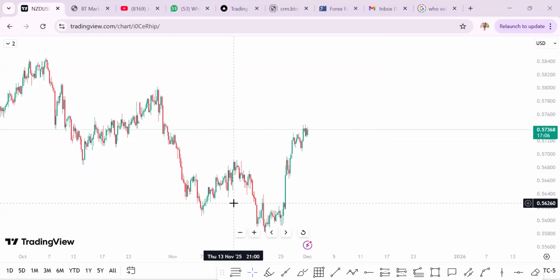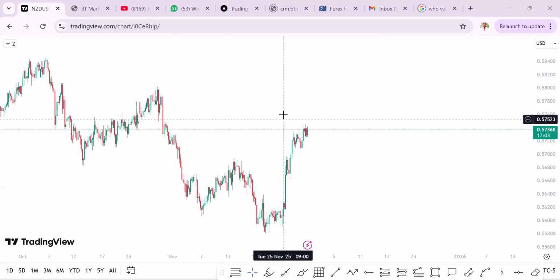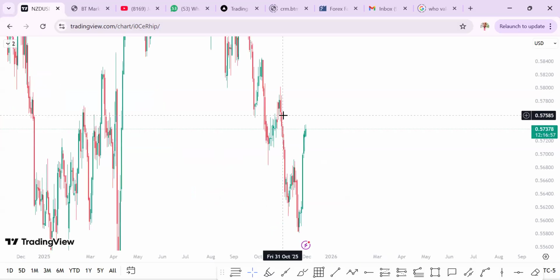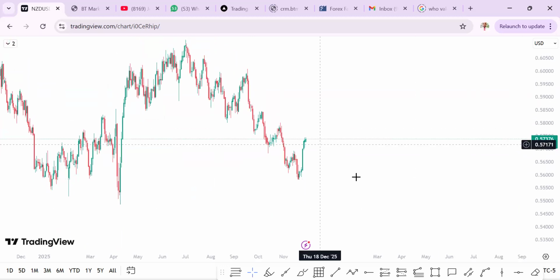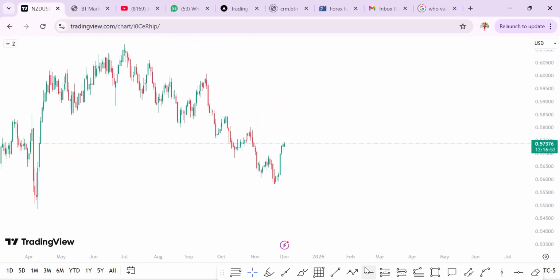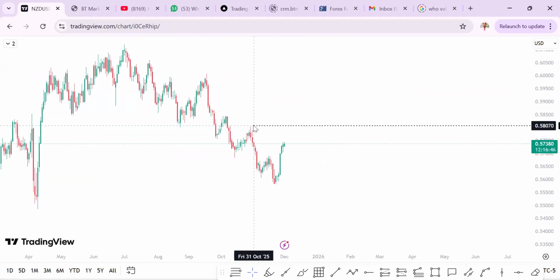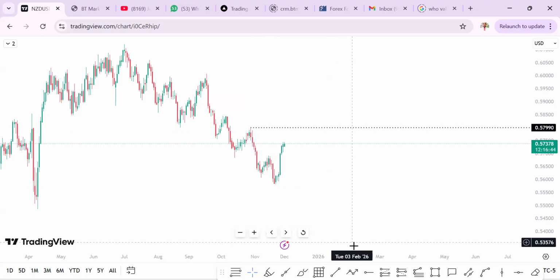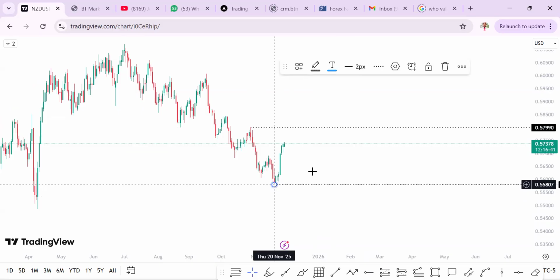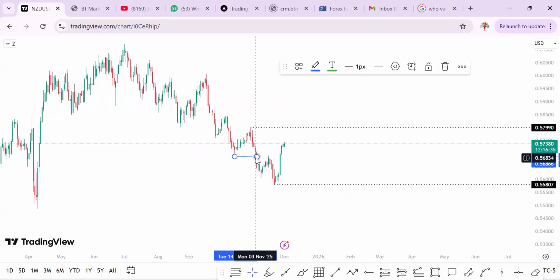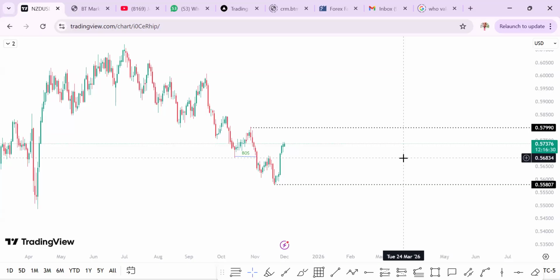So on daily, let's look at what daily is saying. So daily now, this will become what? Our swing high on daily. Our swing high then becomes our swing low. So on daily, we can see a kind of break of structure. This will happen on daily, right? So we have that, a break of structure on daily. So this is our daily profile, right, guys? That's our daily profile on